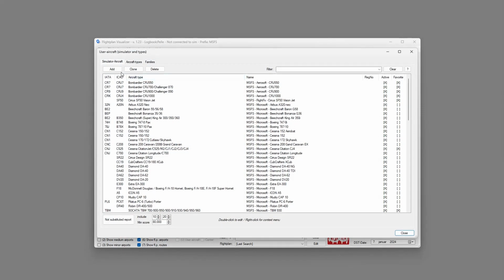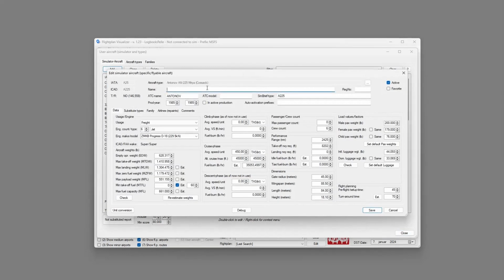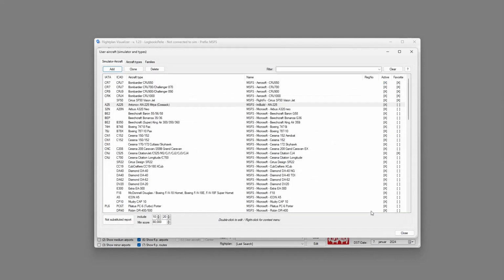User aircraft, add. So now we have the Antonov